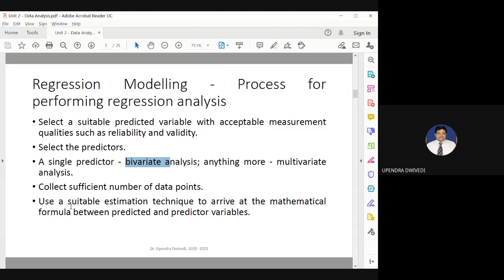And next, we have to use a suitable estimation technique. Suppose we have personal expenses prediction data. We have predictor variables, we have a predicted variable, and we have the last 5 years of data about that. Now we have to find a suitable estimation technique. So you can perform regression analysis on that and use the least square method and other techniques, and find out what is suitable for your own data set and how they are affecting the prediction. Okay, so basically we are trying to find mathematical predictions.